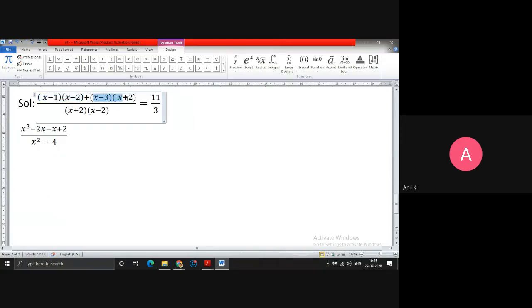Then the product of the next two terms will be left out. As we have a plus sign here, as we already discussed, there is no need to maintain brackets. If a minus sign is there, please maintain the bracket.